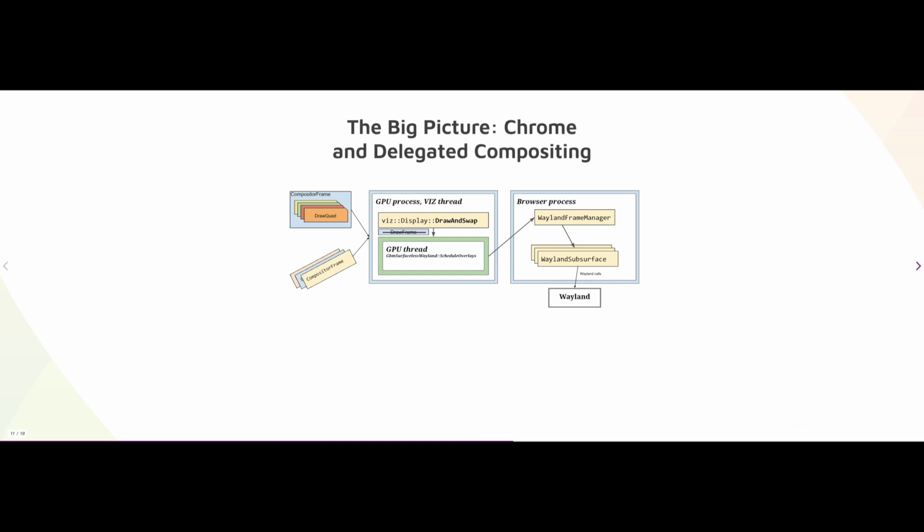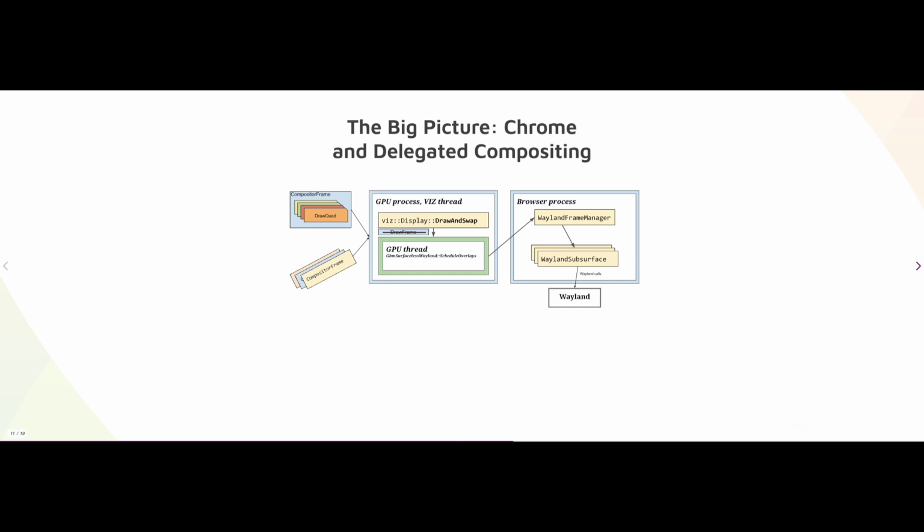So let's sum up how delegated compositing works. This is a high-level architecture overview. Here on the left, we can see compositor frames coming from different clients within Chromium, from browser compositor representing UI to renderers and video frame sinks. Those clients send frames via Mojo to our Viz service, and it does service aggregation and forms render